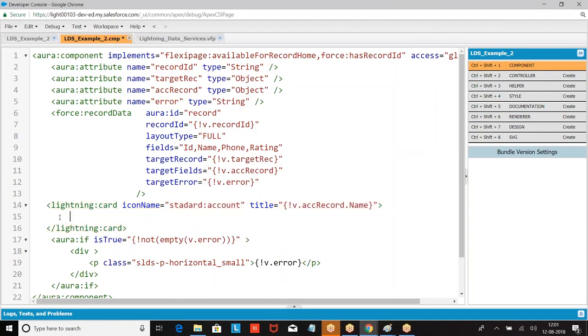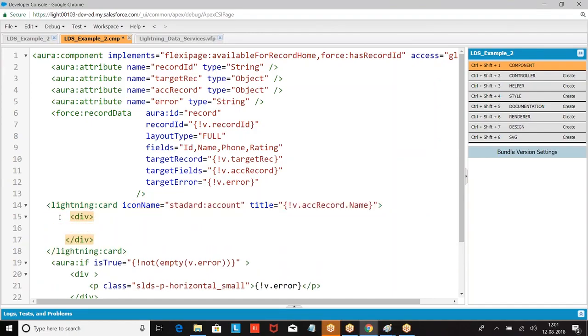Then I want to display a div, applying the proper structure. If you apply the same class, the gap will be the same for every element. What was that? SLDS horizontal.